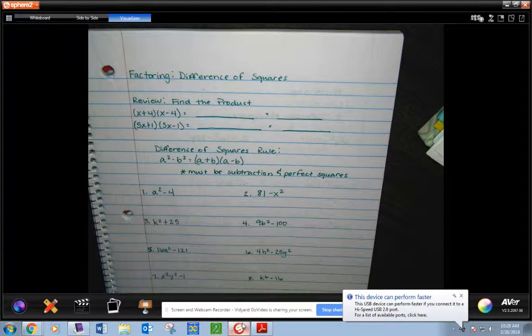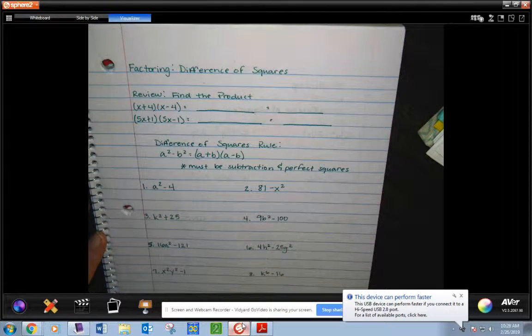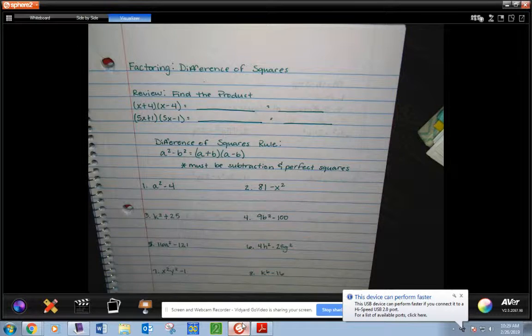My camera is messing up. Here are some examples for you to go ahead and write down if you would like. Okay, so today the first thing we're going to do is some review